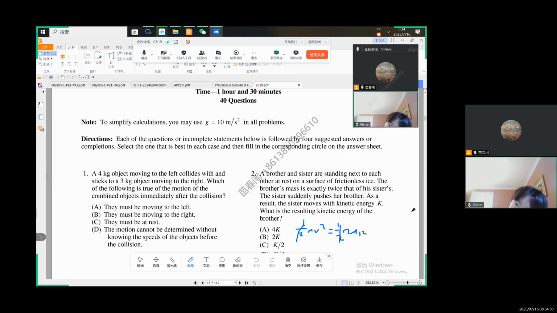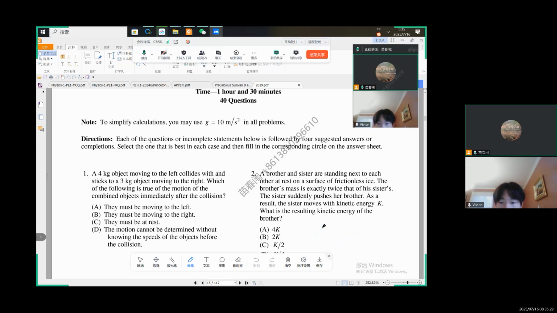We don't know V. Wait. Oh. Are you saying the two kinetic energies are the same? How do you know the kinetic energy is the same? They didn't really say, right? They didn't say the kinetic energy is the same. They're saying there is something that's the same. What is